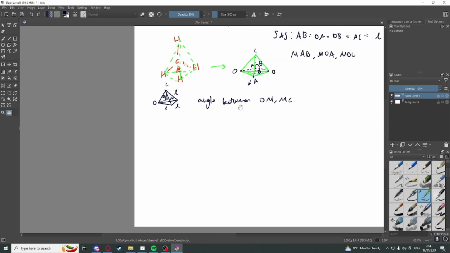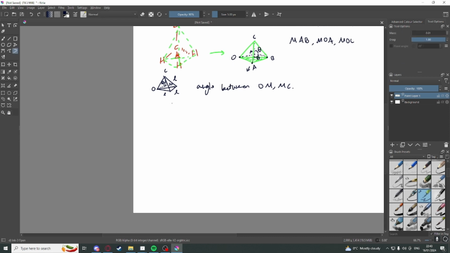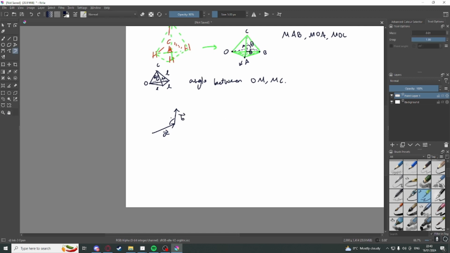And for those who do further math, if you have two vectors, if I just drew it here, let's say A and then let's say B, and you want to find the angle between them, and you have those two vectors as column vectors, so A1, A2, A3 and then B1, B2, B3, and you wanted to find the angle between them in 3D coordinate space,